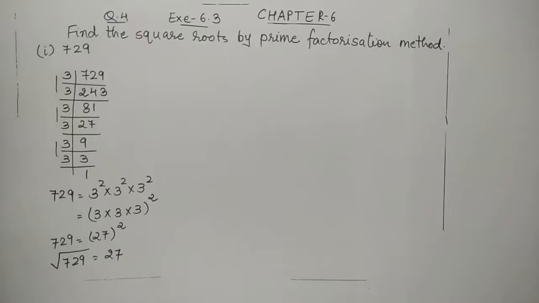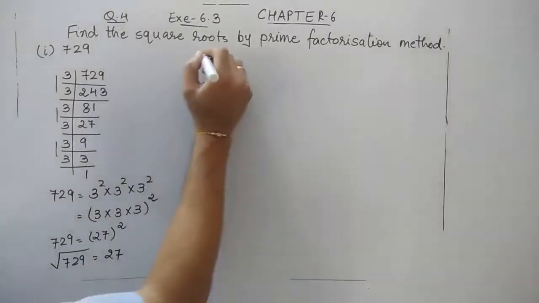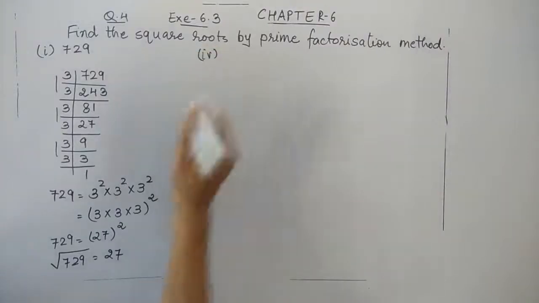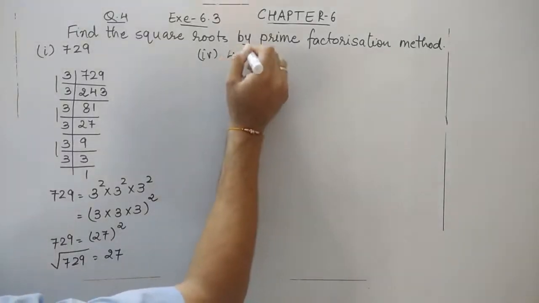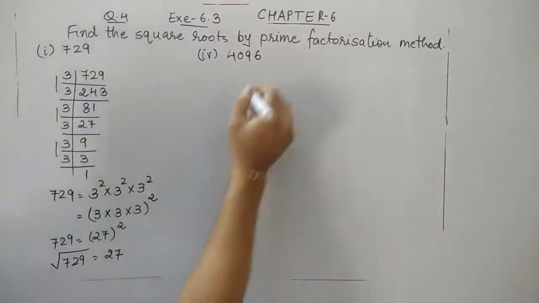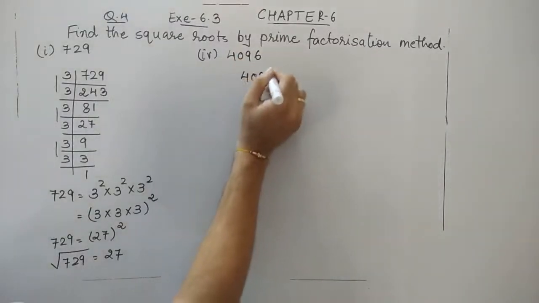Let us do one more question to find out the solution. We'll directly move towards the fourth one. बाकी जो sums रह रहे हैं आप please try करना. You'll do the practice. If you have any question or query, you can write in the comment section. It's 4096. So let us go for it.